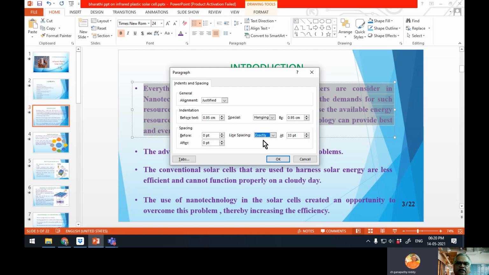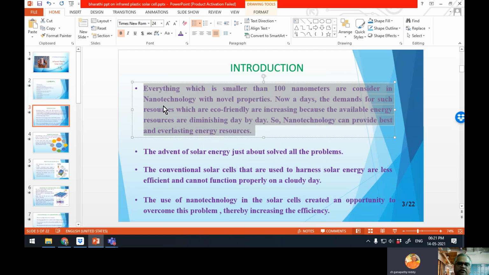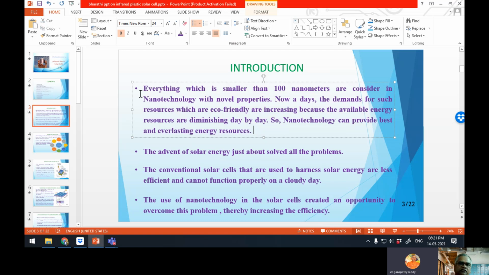Better to select exactly. So I have selected 33 points, for the entire slide. 33 is more than one line spacing, less than 1.5. It is in between, so that readability will be better. If that line spacing is not there, it looks clumsy and difficult to read.